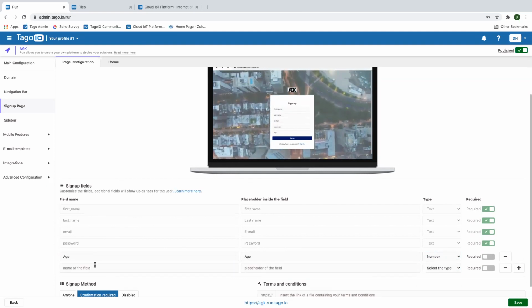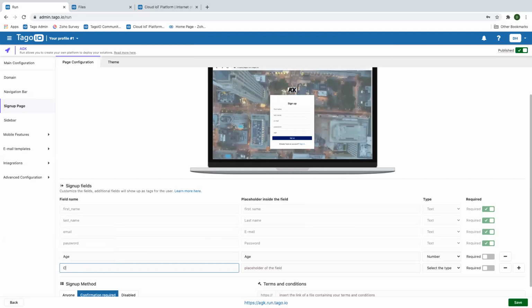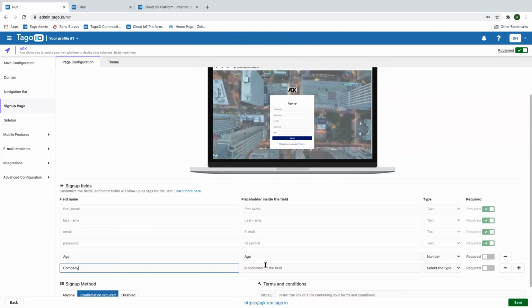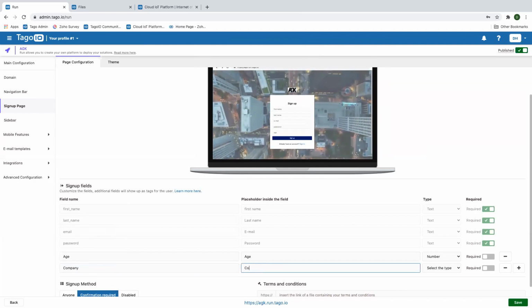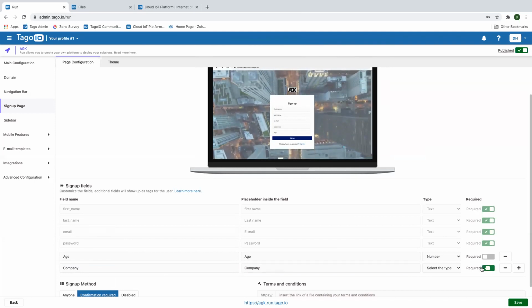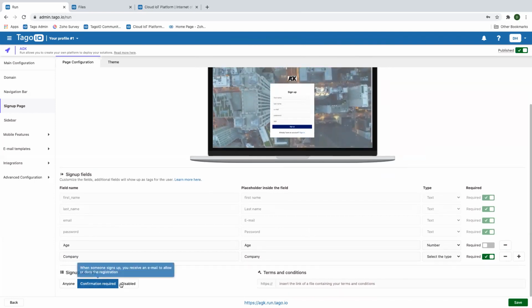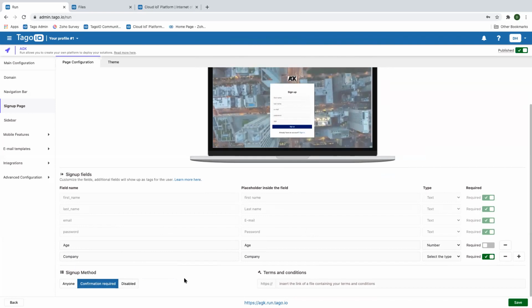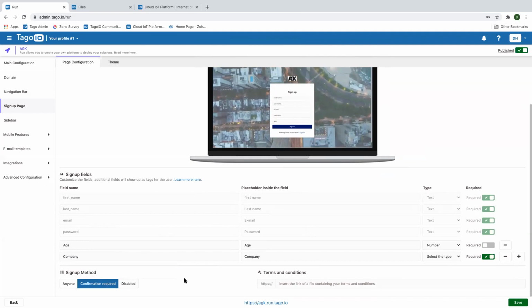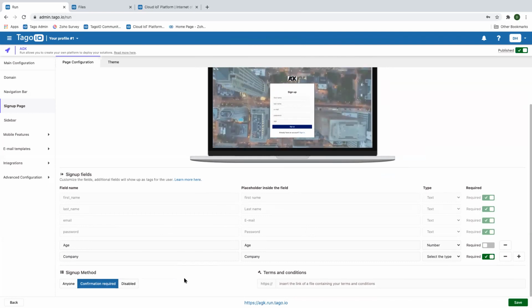But I'm going to add another one. I'd like to know what company they're in. Oops, sorry. Company, and again, company, but I'm going to make this one required. And I'm going to have confirmation required. So me as the admin, when somebody goes to the sign up page, I want to be able to view it and then either deny or accept